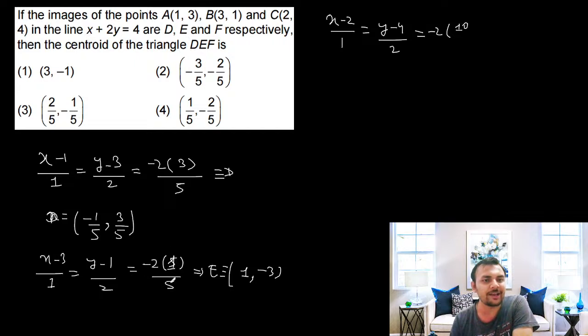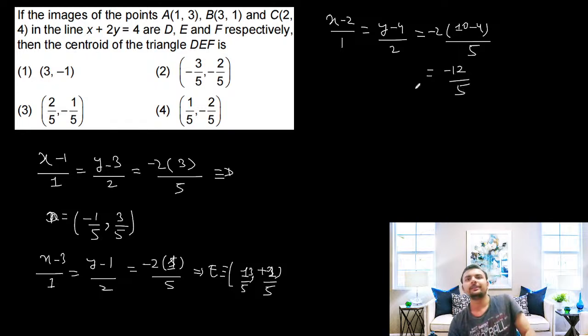So minus 2 by 5 plus 3. 15 minus 2, 13 by 5. It is minus 4 by 5 plus 1, 1 by 5. This is 10 minus 4 by 5. So this is minus 12 by 5. Now F will come out to be minus 2 by 5,